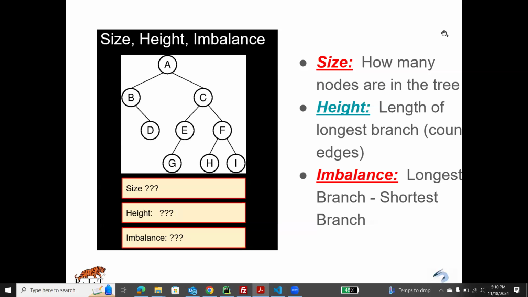The height, or depth, is the length of the longest path. So, for example, if we have this tree